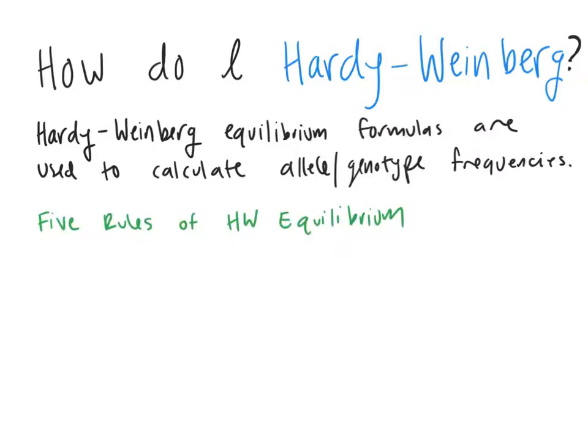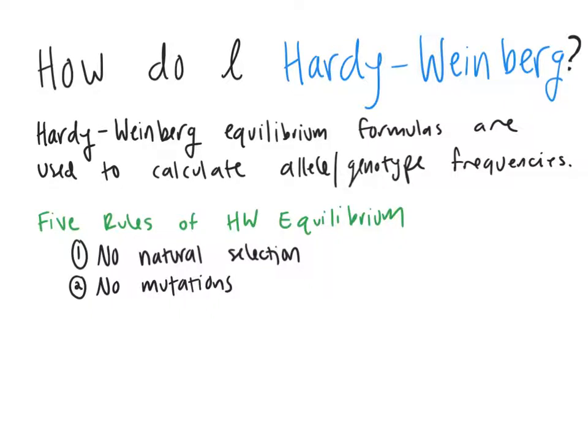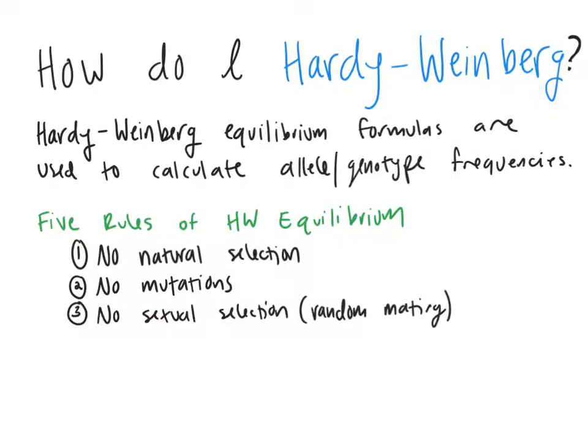The 5 rules of Hardy-Weinberg equilibrium are going to be no natural selection can happen, no mutations, no sexual selection, no genetic drift, and no gene flow, since all of those things cause allele frequency change and thus evolution. Hardy-Weinberg assumes that the population is not evolving. These 5 rules have come up on the AP exam, so just make sure that you commit them to memory,